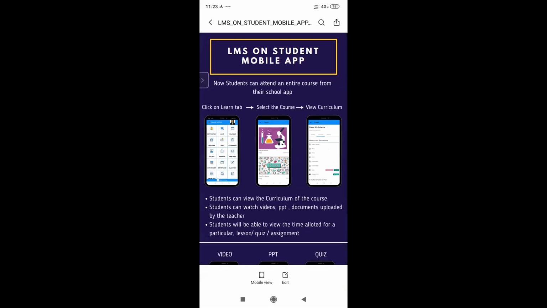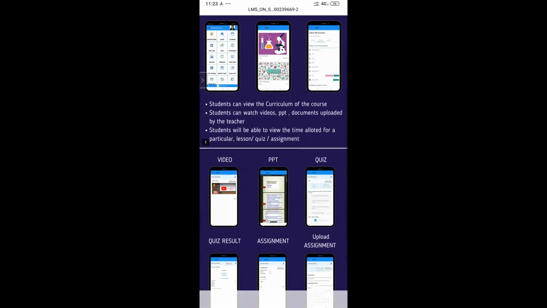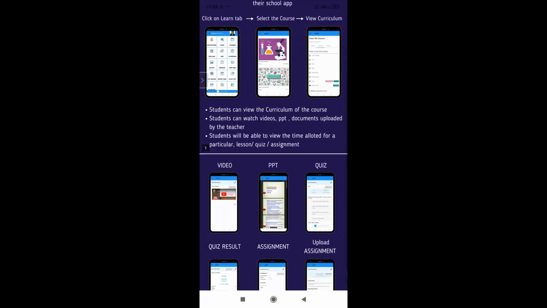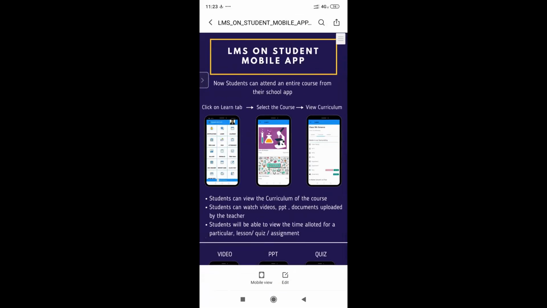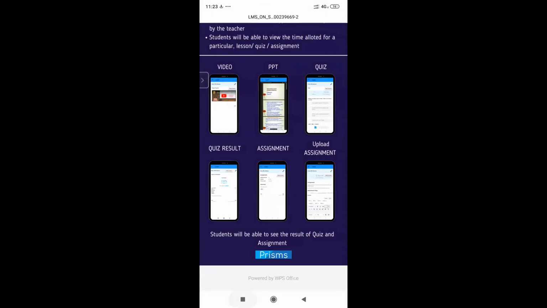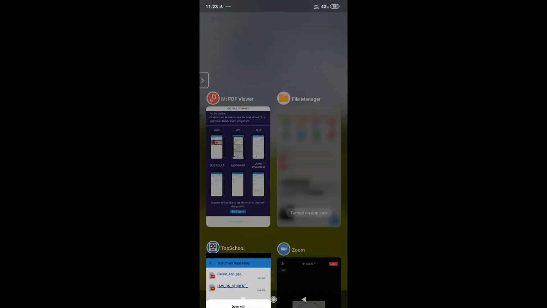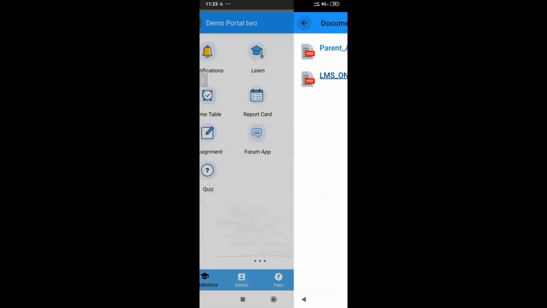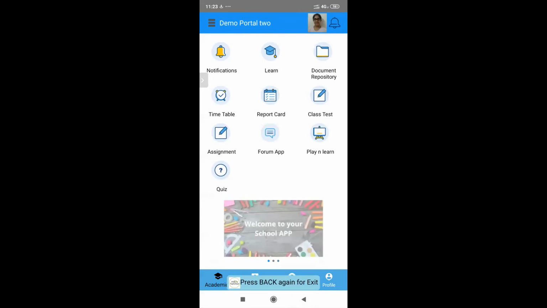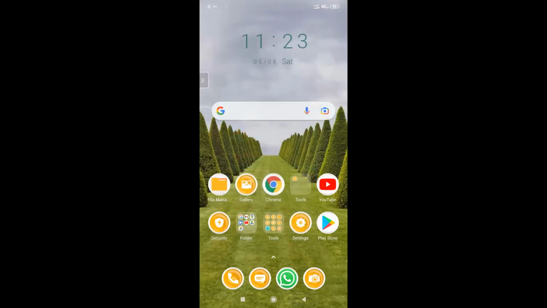Can you just show how on the teacher app it is seen as an option on teacher login? Basically in that way you'll be able to see the files. They'll be able to download and open the files on their end. That's about the student. Now the second part is about the teacher.